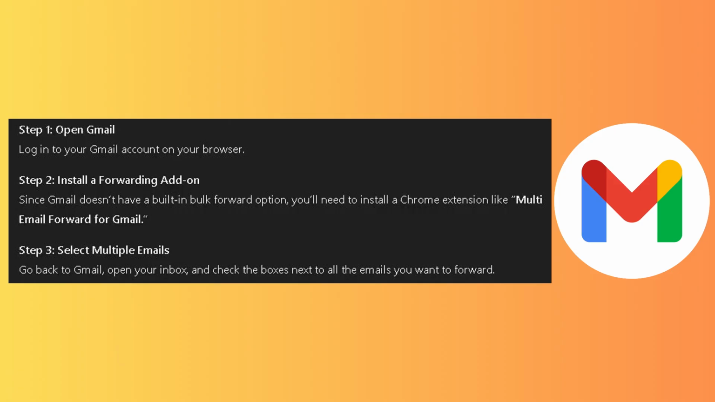Since Gmail does not have a built-in bulk forward option, you will need to install a Chrome extension like Multi-Email Forward for Gmail. Select multiple emails, and go to the back of Gmail, open your inbox and check on the